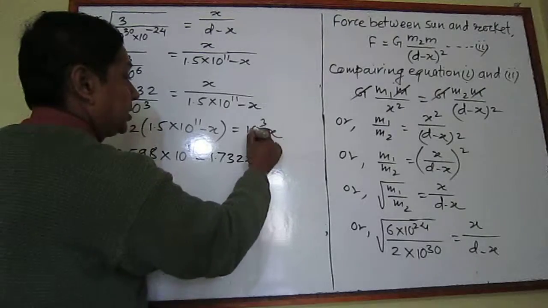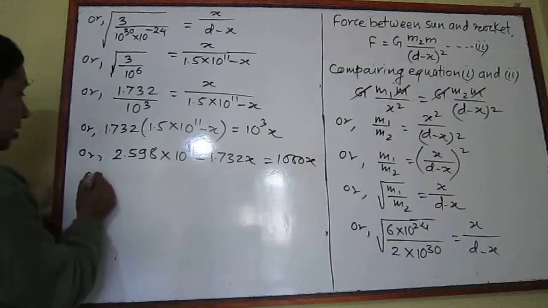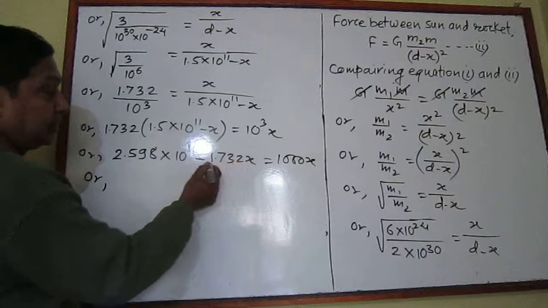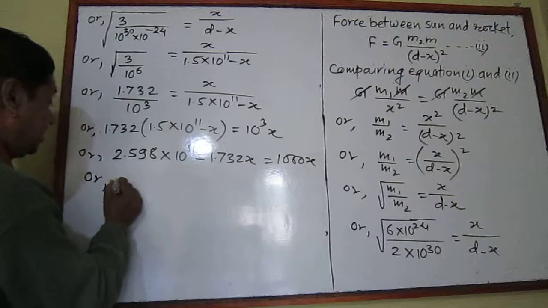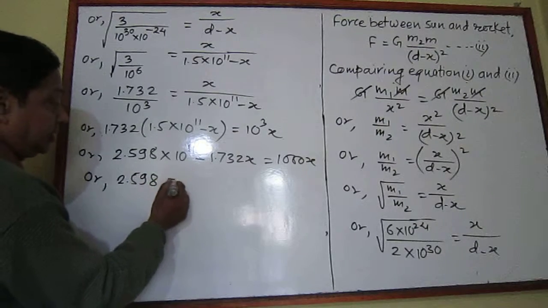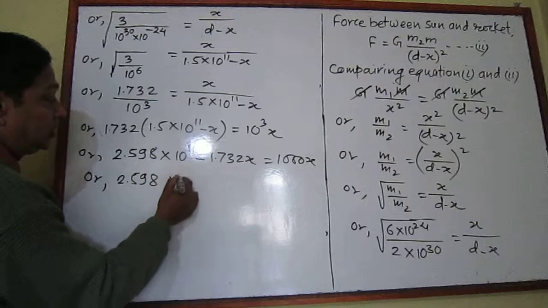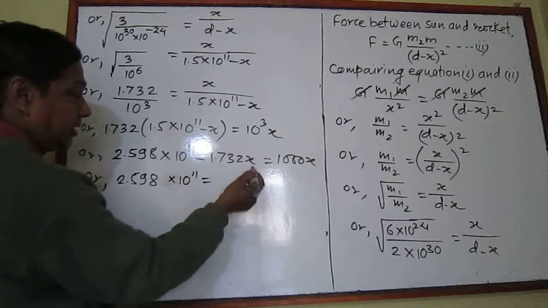This is equal to 10 to the power 3 x, meaning 1000x. If this quantity is taken to the right hand side, 2.598 into 10 to the power 11 is equal to